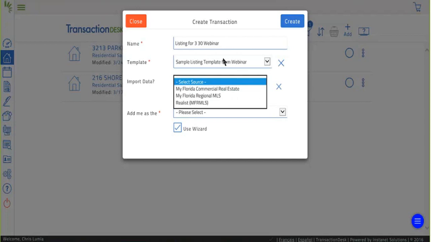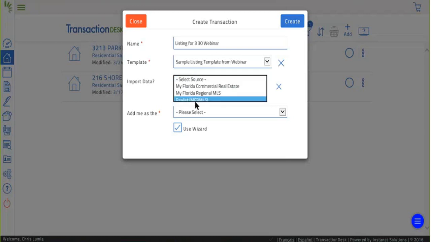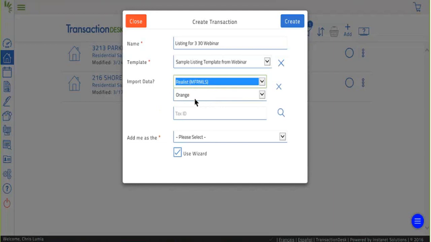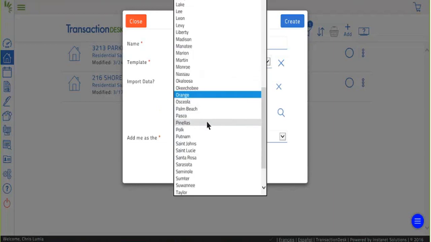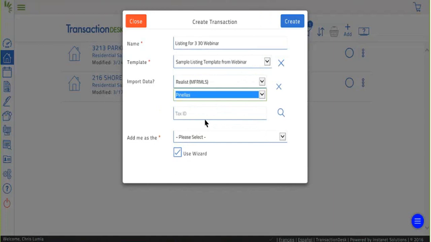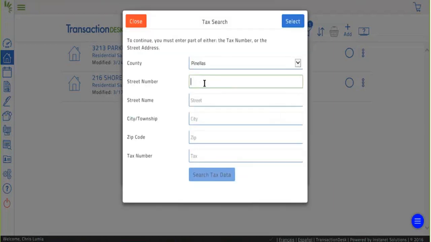Or in this case, we have a listing, or we're getting a listing. It's not in the MLS yet. I can actually import data from Realist, from the tax records. So I'll choose Realist, choose my county. So this listing, let's say Pinellas County. And then tax ID, well, if I don't have the tax ID memorized, which I probably don't, I can click search. And now I can search for the street number, street name,